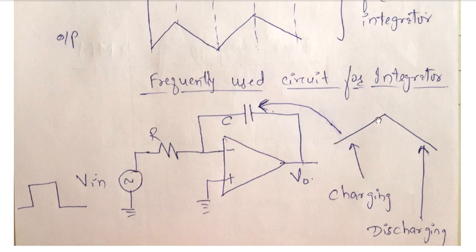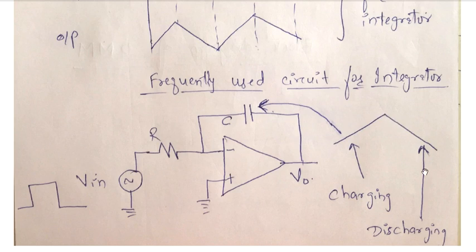Whereas if the capacitor doesn't have any path for charging, obviously it has to start discharging through some of the component, and when the capacitor discharges, the voltage across the capacitor reduces. In short, the voltage at the output also reduces, which can be shown by this particular line. That is, you have a descending slope when the capacitor is discharging. So it is because of the charging of the capacitor you get an ascending slope, and it is because of the discharging of the capacitor that you get a descending slope.